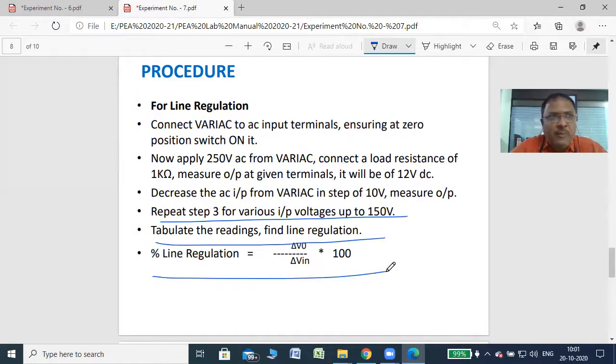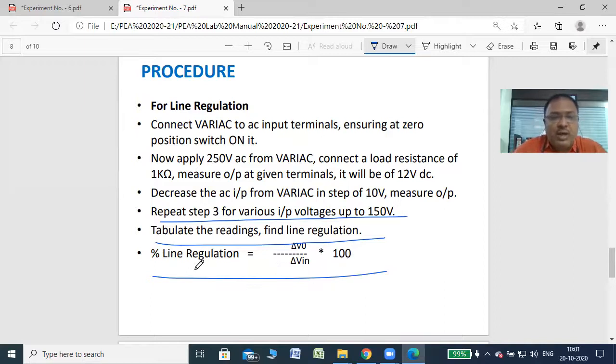In this practical, load regulation may not be possible to find out because we don't have the load, that is a variable inductive load. If that is not available, then we cannot perform the load regulation, but we can perform